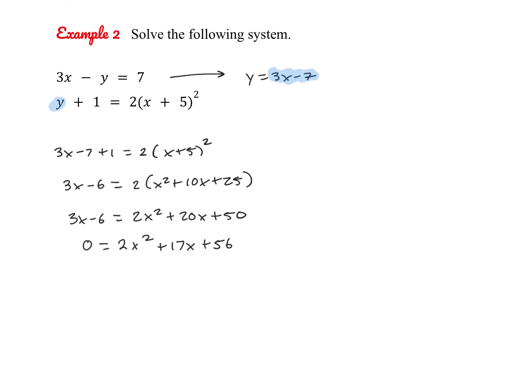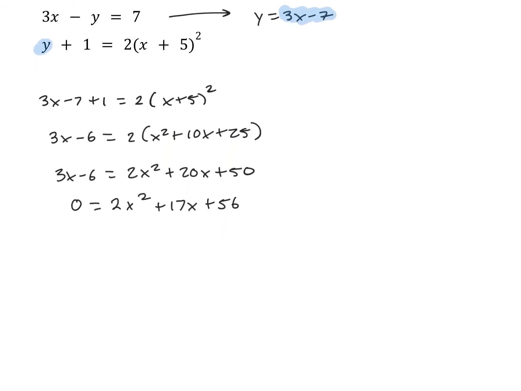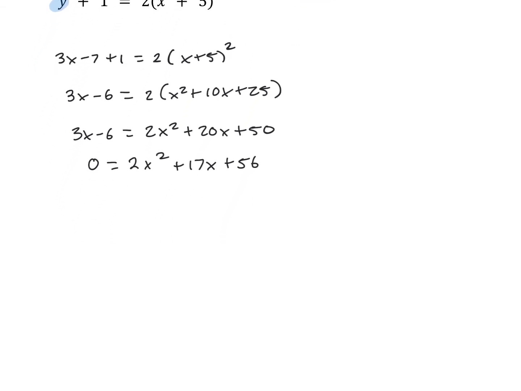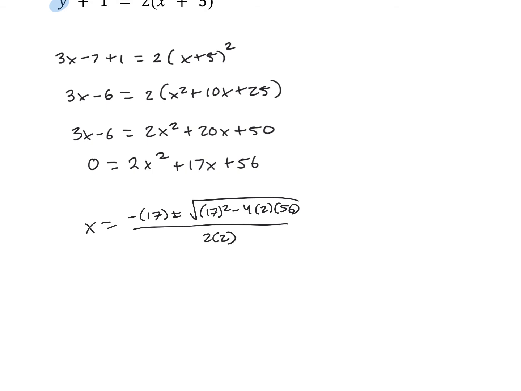So you can try solving this in whatever way you'd like. I'll use the quadratic formula. So let's do x equals negative b plus or minus the square root of b squared minus 4 times a times c, all over 2a. So when you keep simplifying this, what you end up with is the square root of negative 159 all over